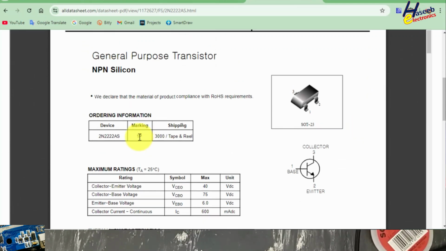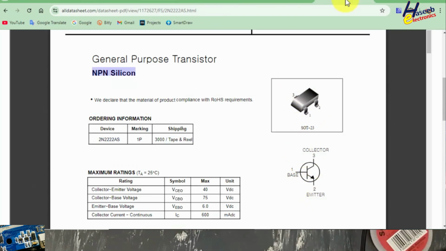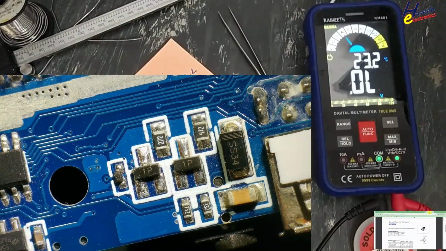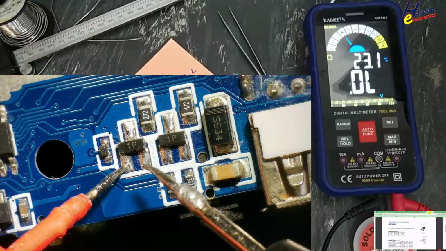SMD marking 1P, 2N2222AS, pin 1, 2, 3: pin 1 base, pin 2 emitter, pin 3 collector. Let's check it now. Pin 1 base, NPN transistor, red lead at base,